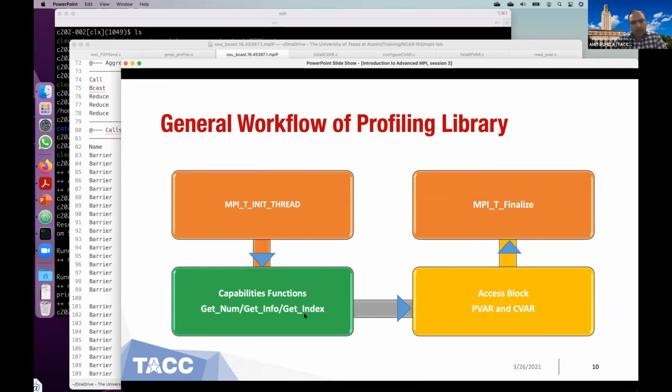You can also get the information about a particular PVAR or CVAR if you know it by its name. Once you get the information, you can access any PVAR or CVAR with the help of supporting functions, which I'm going to explain in the next set of slides.